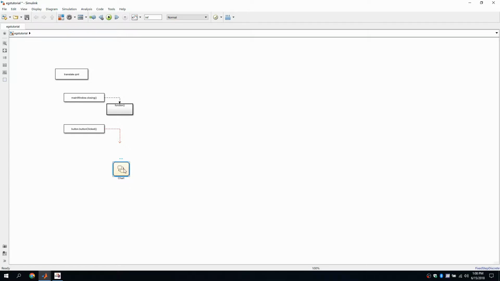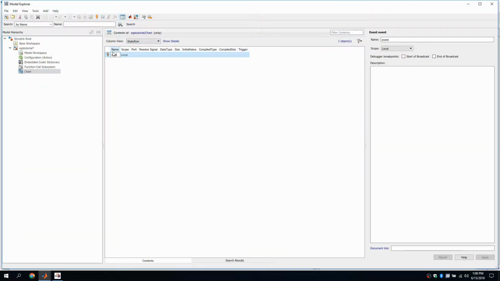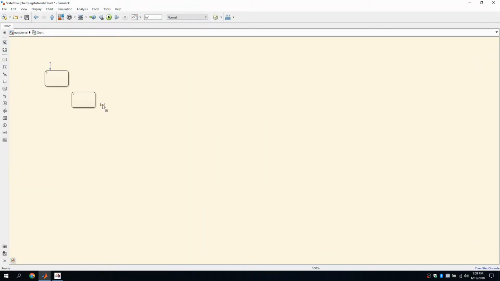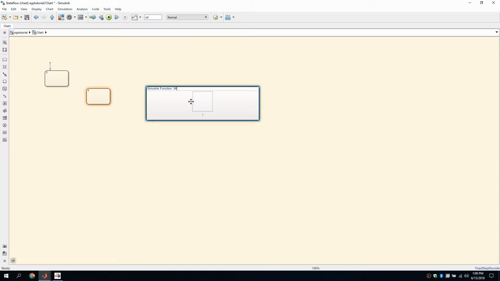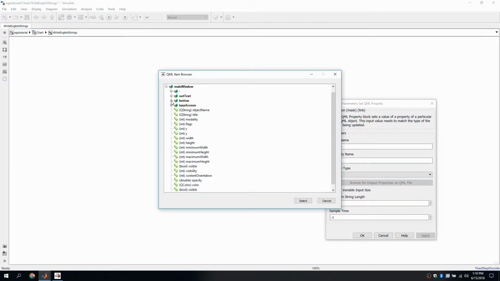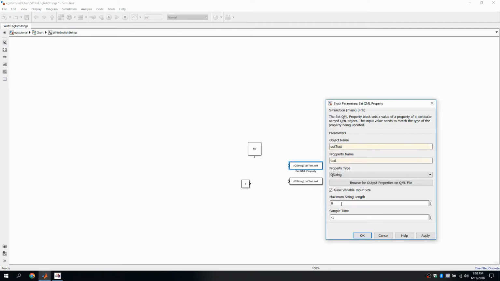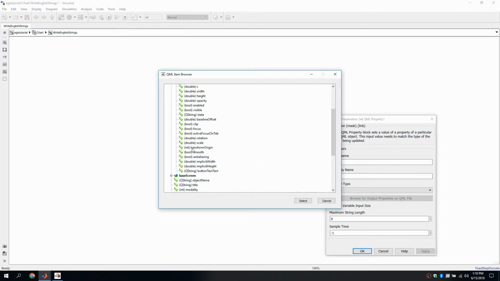We need to add an input signal. Then add two states and a function called writeEnglishStrings. Then we will go into the function and add two property write blocks. Then a constant block, and let's change the object properties for the property blocks. And then let's browse for the appropriate object properties for the property blocks. And then update the rest of the parameters.